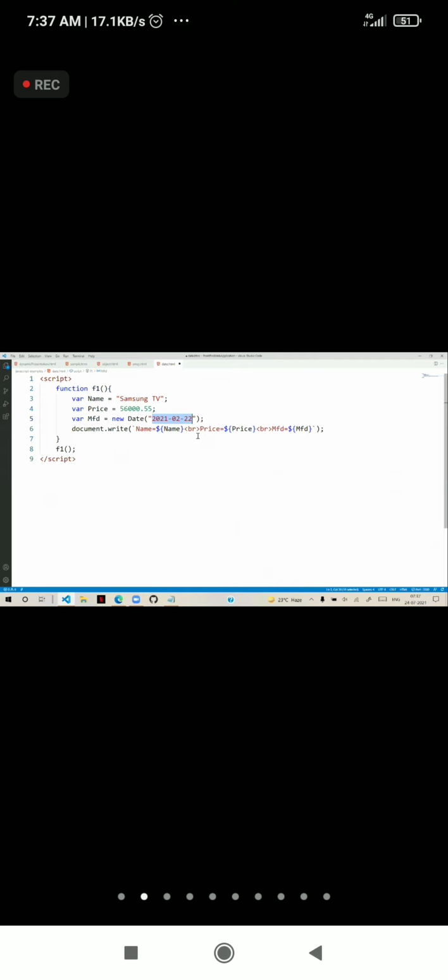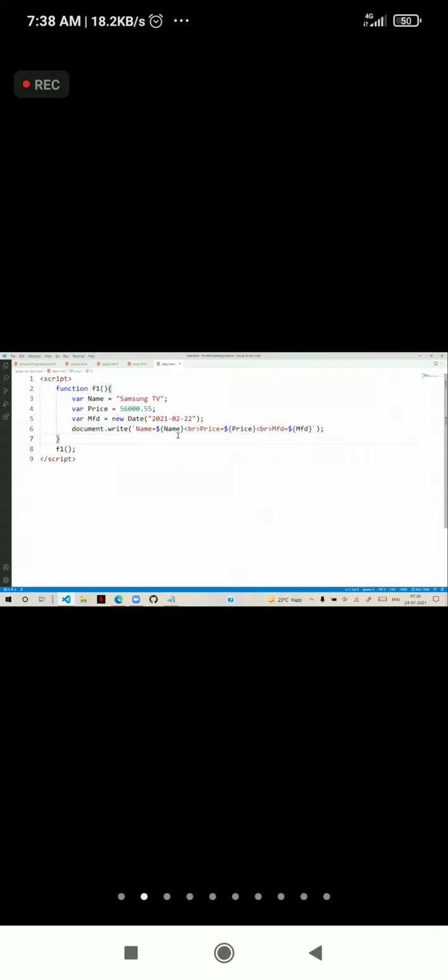That means generally users will not enter the date. They will only select the date. We will give a date picker, and they will select the date. When they select the date, in the background the date is stored like this. You cannot change this format. It is not changed. It is a standard. The display format can be changed. Display format means how you want to show it, that you can change. How you want to take it, you cannot change. This is the standard format.